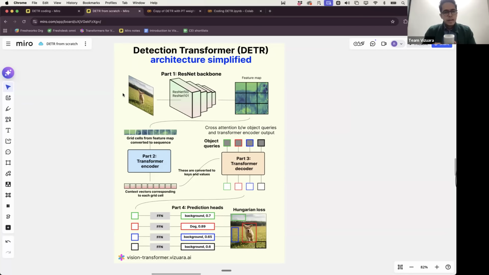So we will continue where we left off in the last lecture. In the last lecture, we understood the architecture of detection transformer. Today, we will be coding a detection transformer almost from scratch. I will tell you why I say almost from scratch. What's the difference? But before we go ahead and code the detection transformer, I want to do a quick recap